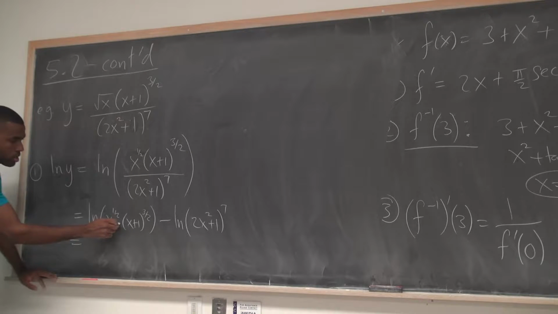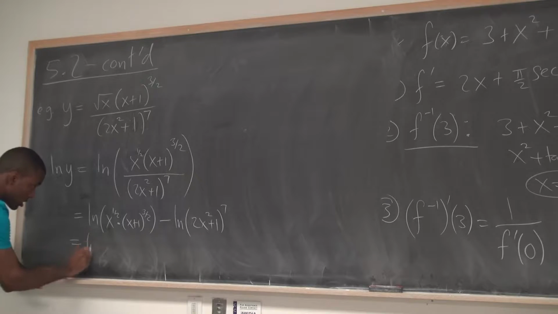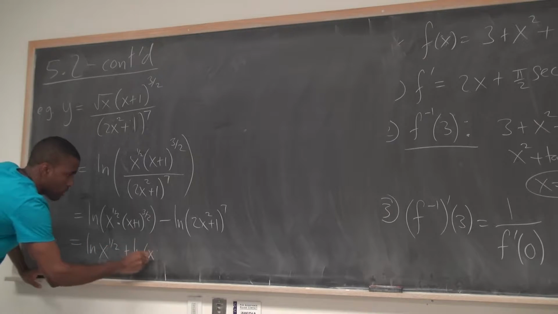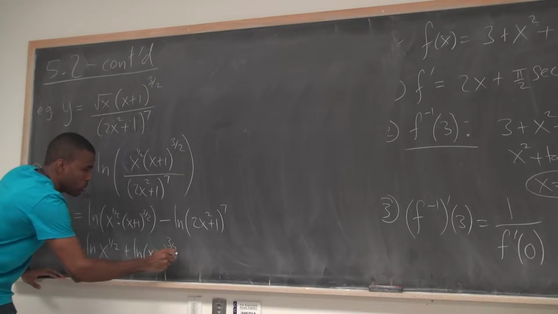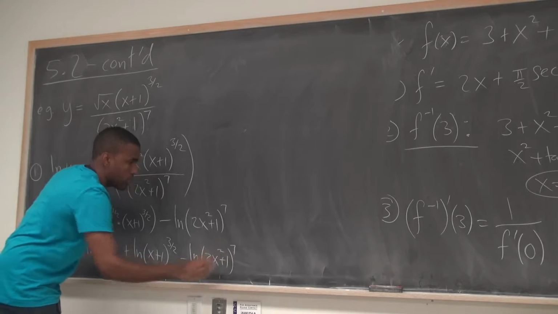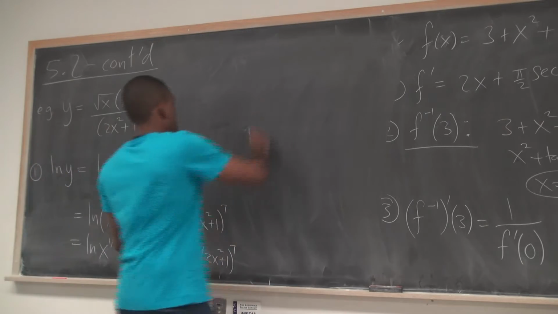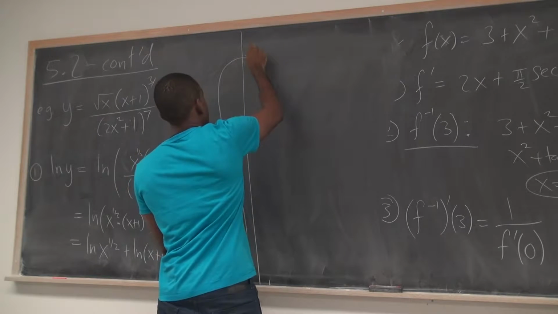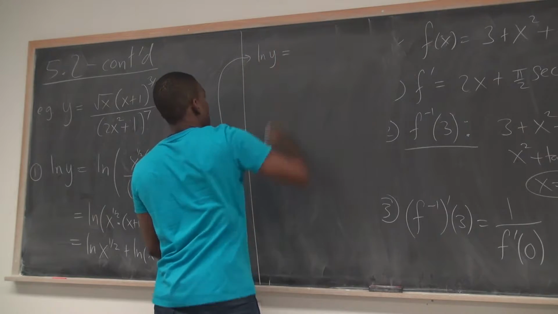Here we have a product, right? Log of something times something. That's just addition, right? So that's log of x to the 1/2 plus log of x plus 1 to the 3 over 2 minus log of 2x squared plus 1 to the 7th. We can simplify one more step before continuing, I think. So we still have ln y on this side equals